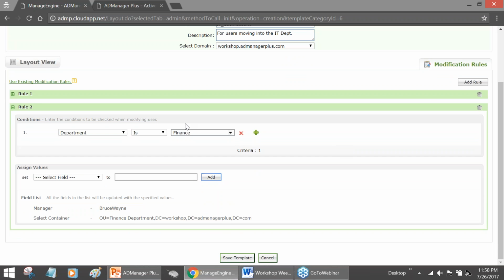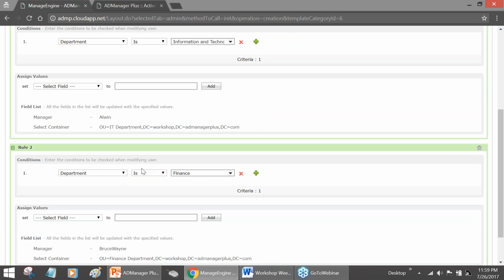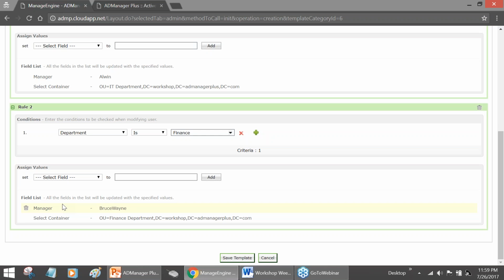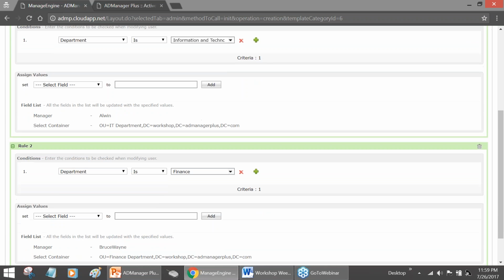All right. So what do we have right here? We've created a template that's got two rules. The first rule says if the department is information and technology, fill out the manager attribute as Alvin and select the container as IT department. The second rule says if the department is finance, fill out the manager attribute as Bruce Wayne and the container or OU as finance department. So this way we can have innumerable number of rules set for those conditions that we think are critical and crucial. So my differentiating parameter is going to be the department attribute,